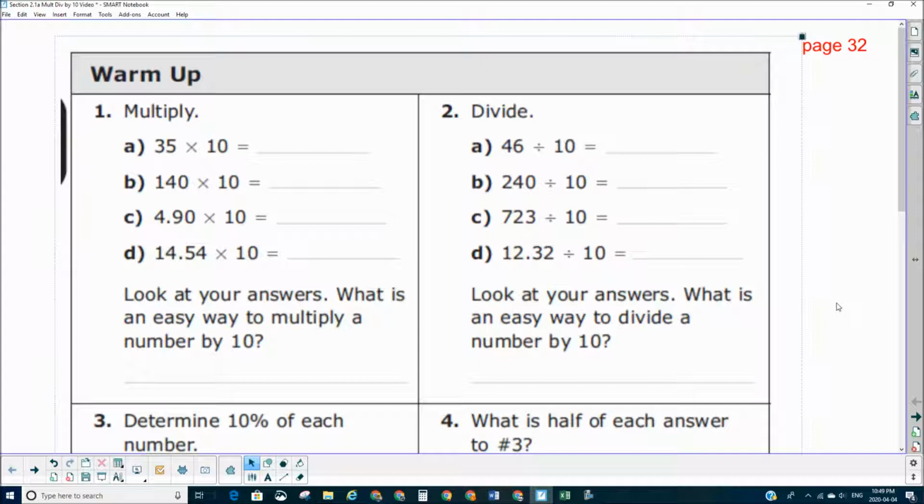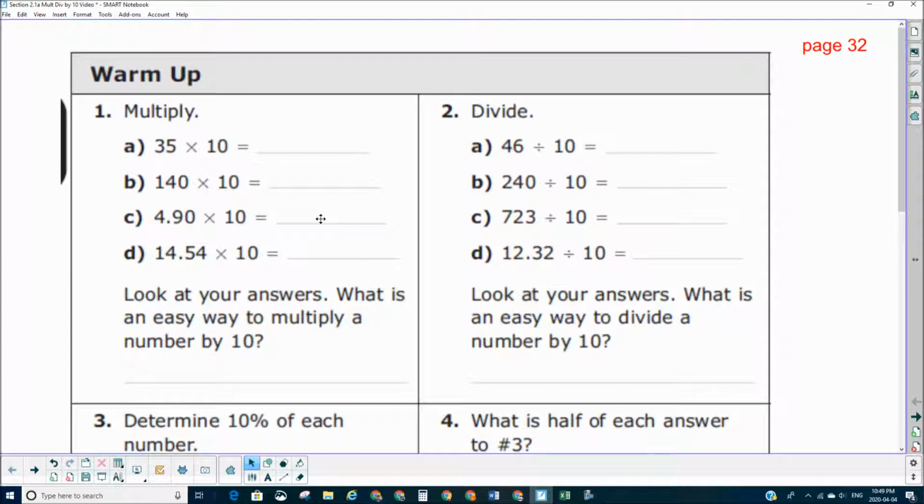But since we're just getting back into the swing of things and we're starting this new unit, we're just going to start off by doing a little warm-up of some multiplying and dividing. So if you'd like to follow along, we're on page 32 of our workbook. So you can just follow along and fill in the blanks as we answer this sheet, this warm-up